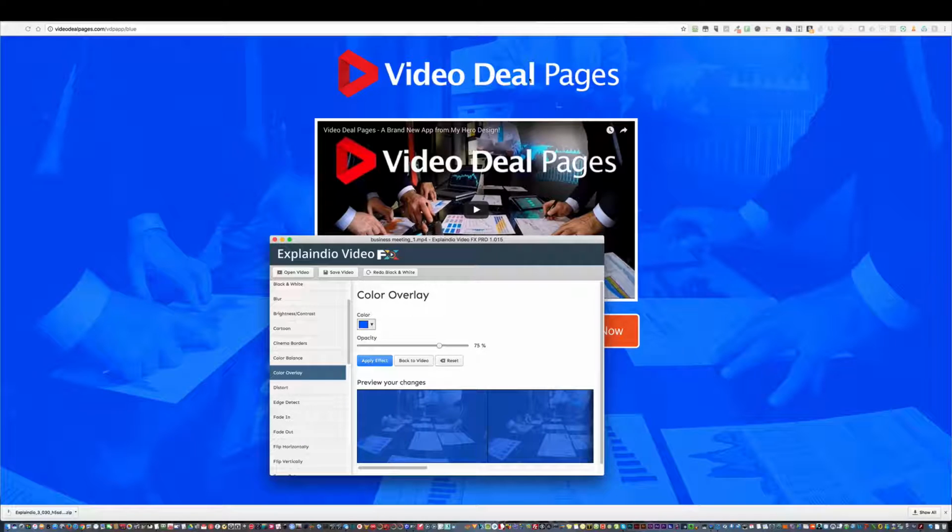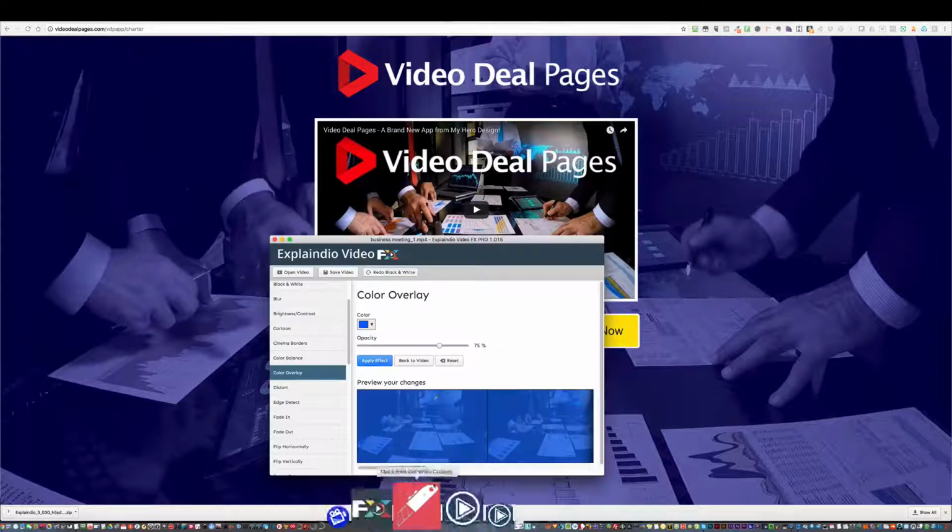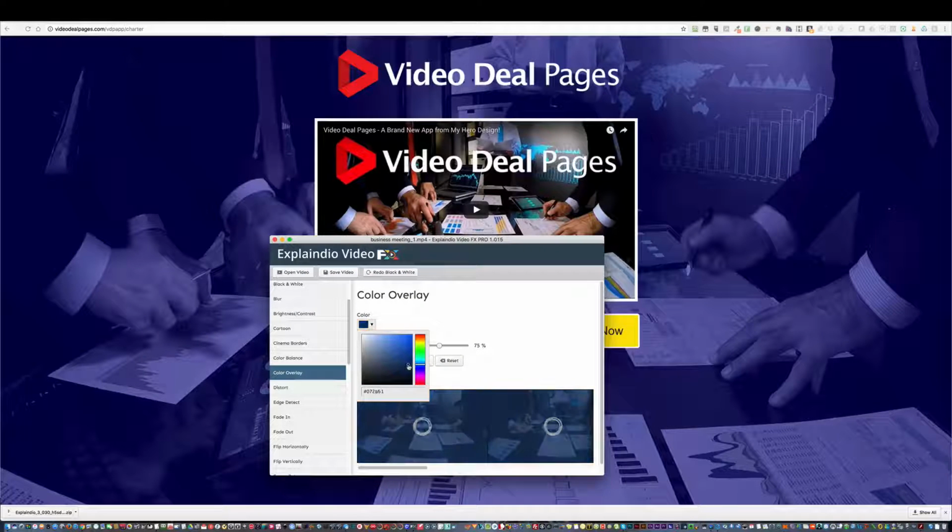Alright, and if I wanted to make a video that's more like this one, all I need to do is choose a darker shade of blue. Alright, and then I would change the opacity so that I show enough of the video and enough of the overlay to have a good balance. So something like this is looking like this now, this background. So you'll see that's exactly how you would do that. You can even remove some of the color. If I reset here,